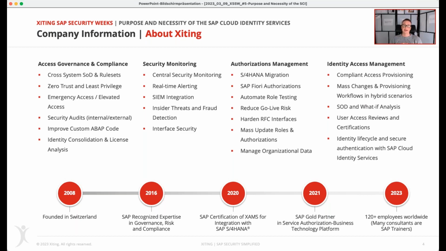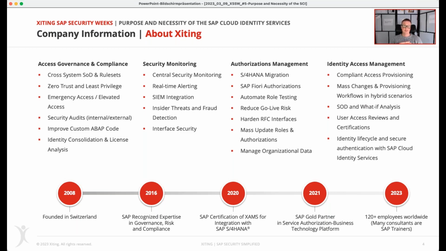Exciting specializes in SAP security. We provide services in the form of consulting and helping customers with role designs when it comes to S/4HANA migrations. We implement GRC and identity access governance, identity management, and SAP single sign-on. We implement security monitoring and also some other SAP security related tasks.